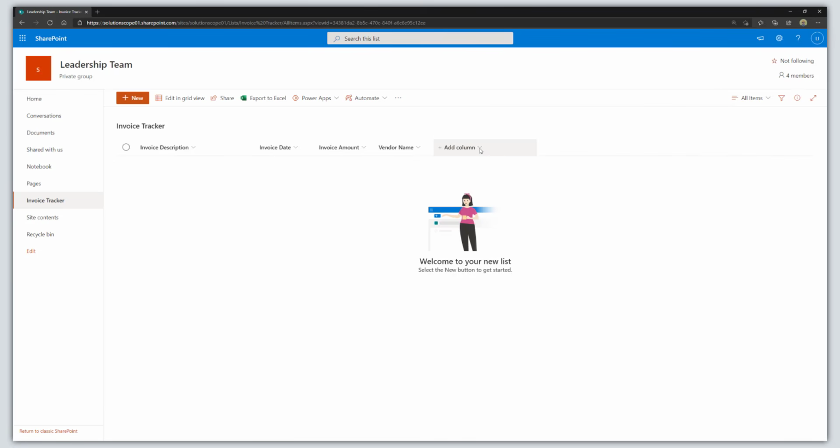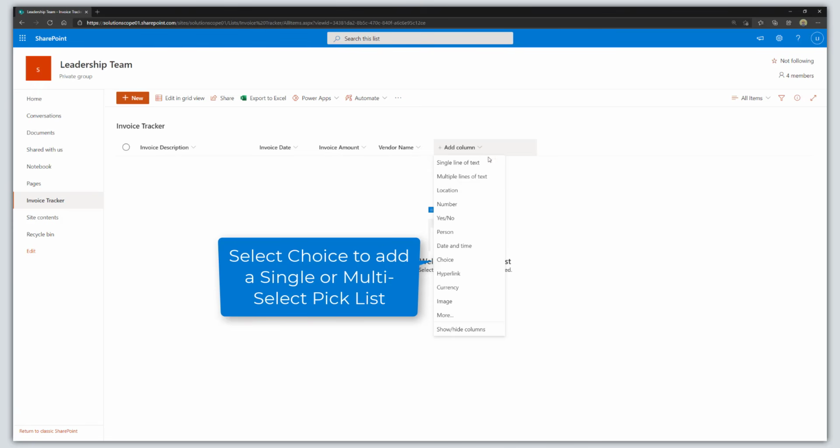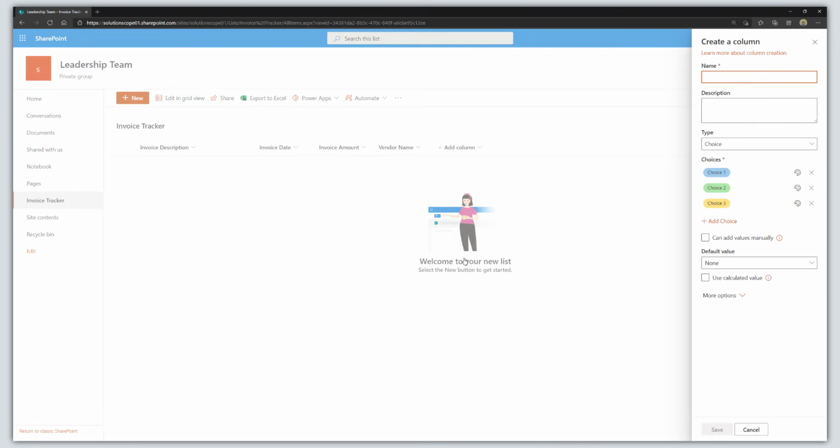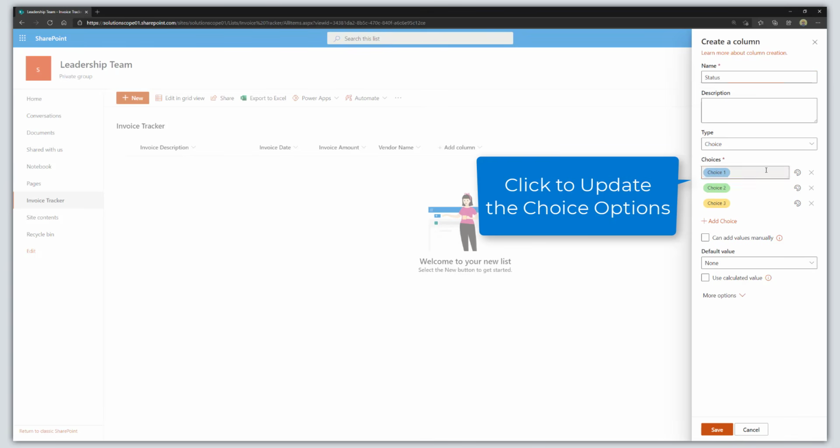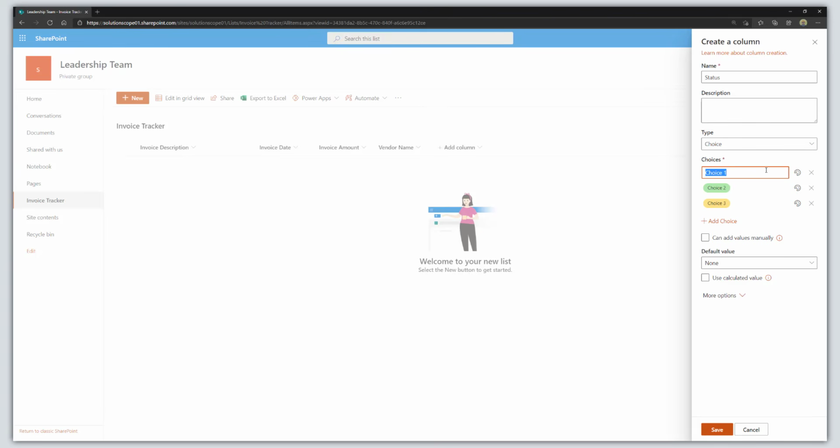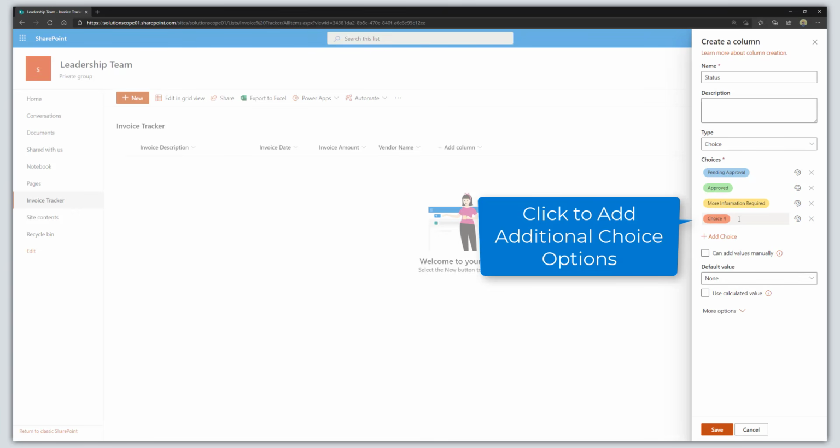Okay, now the next thing we're going to do is we're going to add a status column. This is going to be used to track the status of an invoice. So for this column type, we're going to select choice. All right, so we're going to call this status. And on a choice column, you can actually set your answer types or your choices. So we're going to have 4 of them. The first one is going to be pending approval. The second one is going to be approved. The third one is going to be more information required. And the last one is going to be